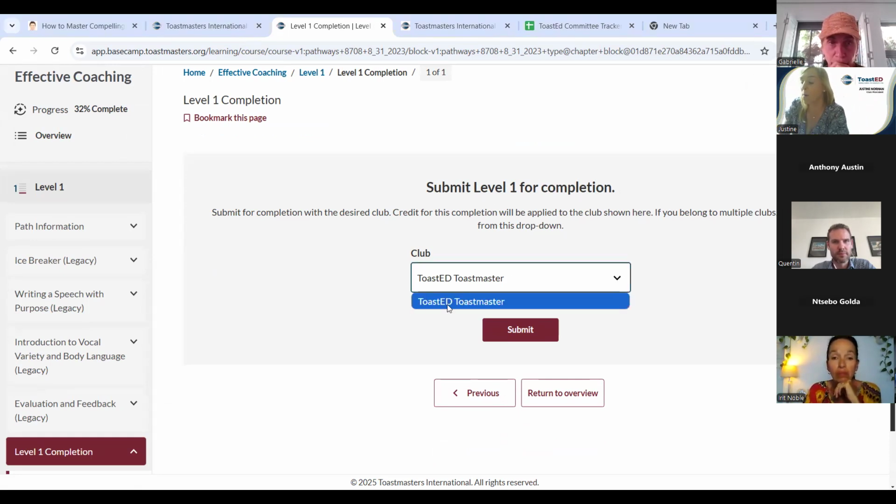If you are with any other clubs, you'll have other clubs that will come up here, because when you complete a level, the club gets a point for completing a level. So whether it's level 1, we get a point. Whether you're completing level 2, the club gets a point. And as we accumulate points throughout the Toastmasters year, we get awards for the club. So it's really important to go and submit the completions of levels so that we can get awards,